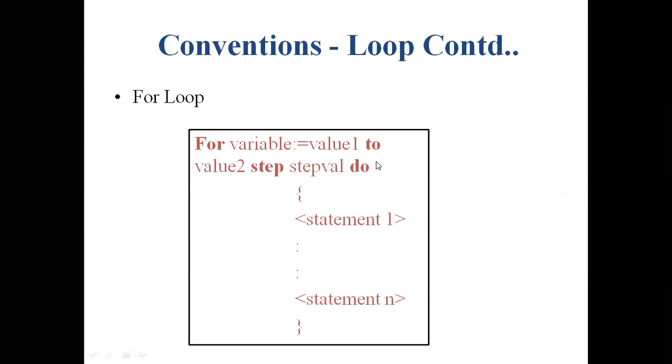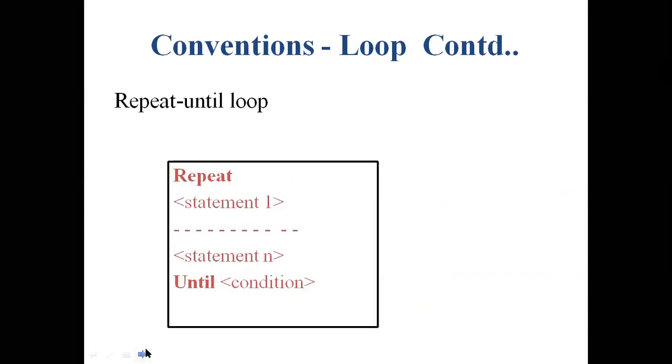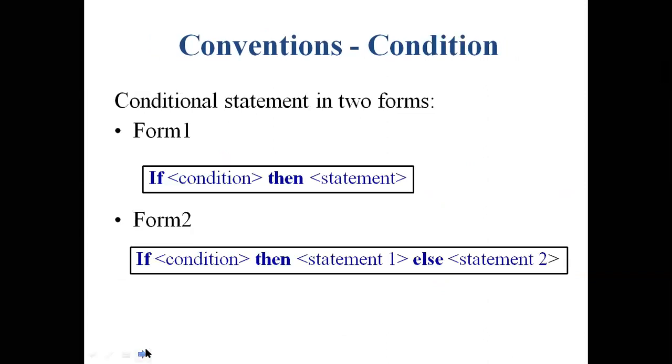For loop is somewhat similar. A for loop has an initialization, then a condition, then an increment or decrement value. Then we know about the conditional statements, if or if else statements. First it will check the condition, then execute the statement. If the condition holds, statement one, else statement two. Are you all familiar with this?